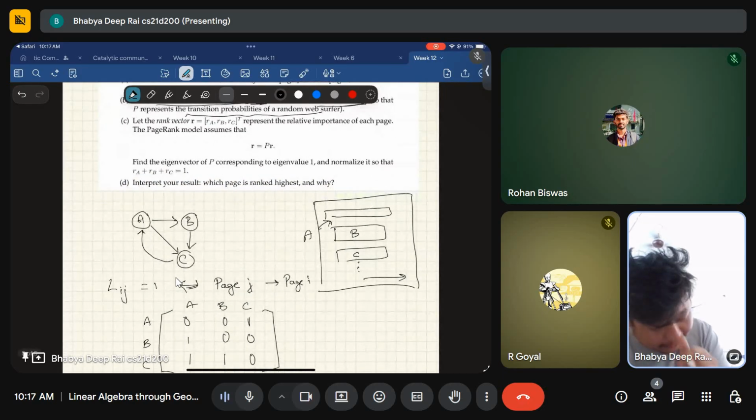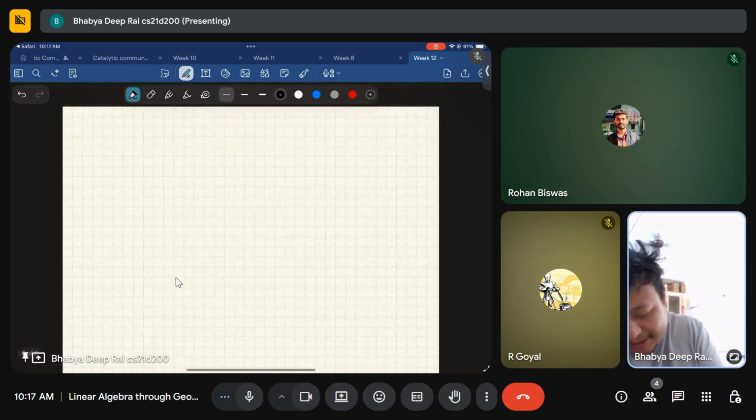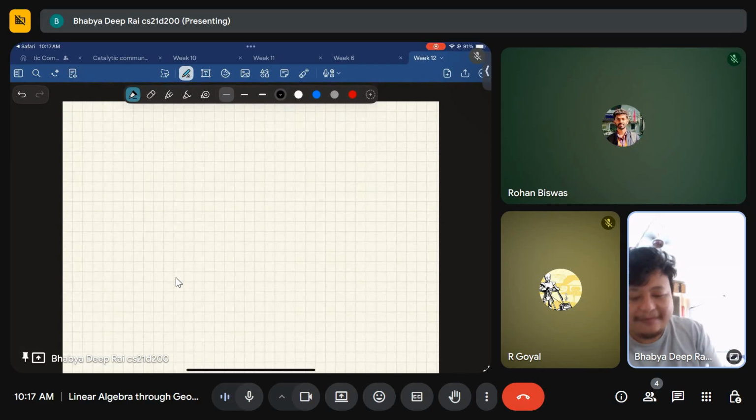So what I'll do is, I need to come up with... just one moment. So now I'll have what is called a rank vector. Okay? And the rank vector will look as follows. So it will be, say,